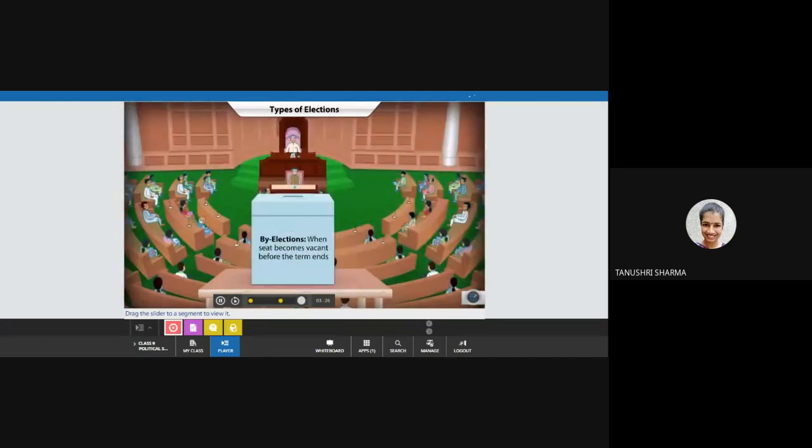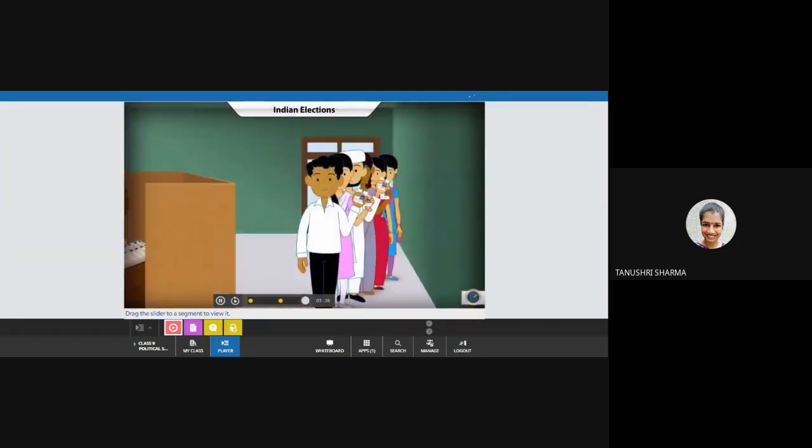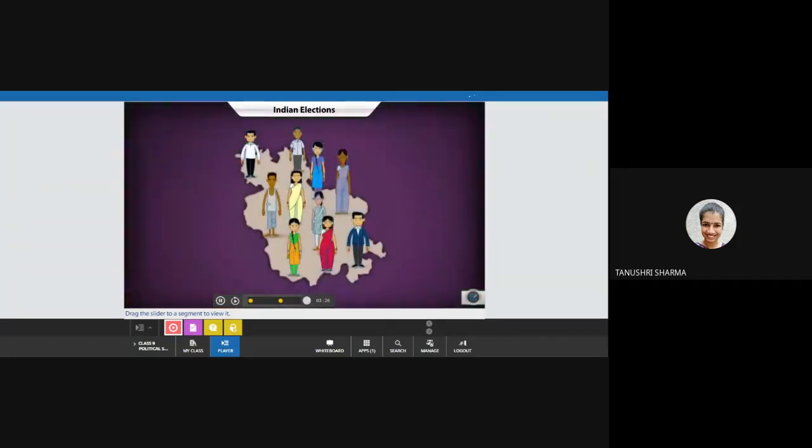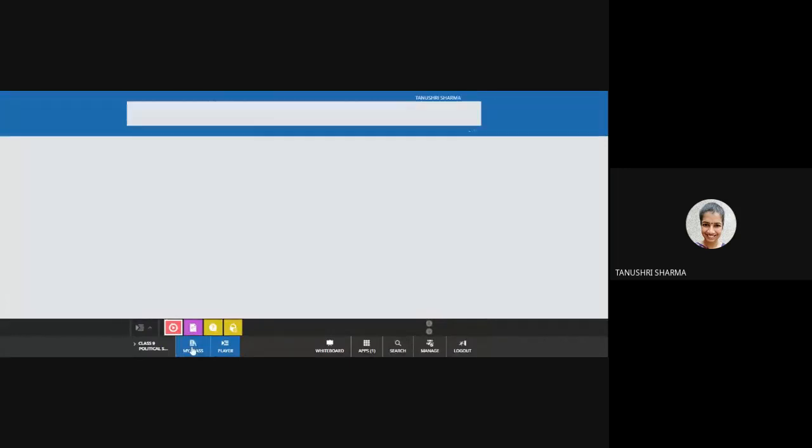If by any chance a seat in either of the legislative houses becomes vacant before the end of the term, by-elections are held to fill the office. Elections are considered as the lifeline of democracy. Hence, it is essential for the voters to vote responsibly for the